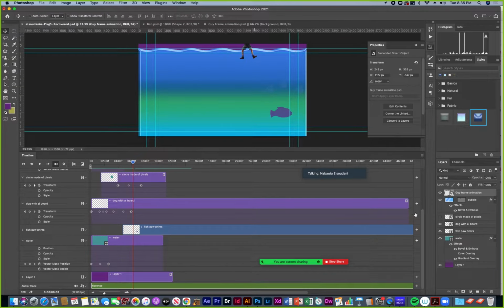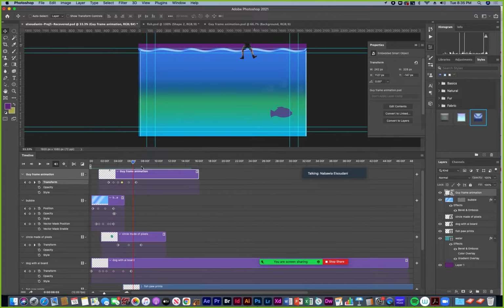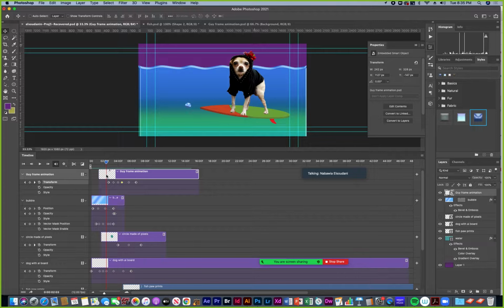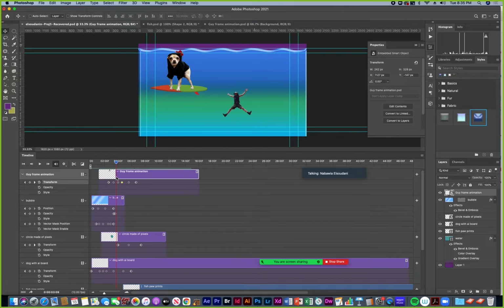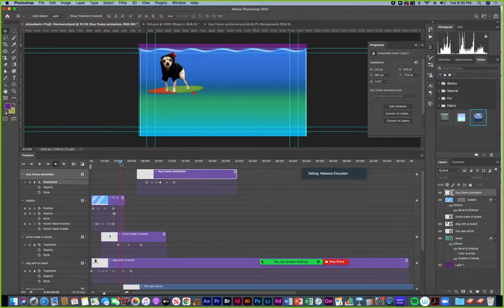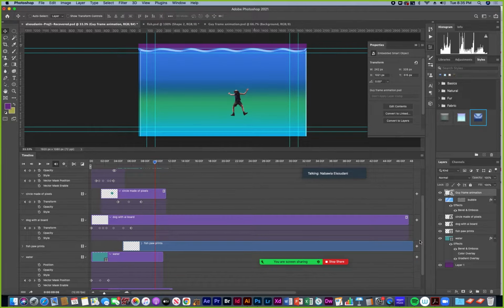Maybe this circle made of pixels can do something. Or some things can happen later, because we want to keep things popping. So maybe the guy moves in later. And maybe the water stays longer.